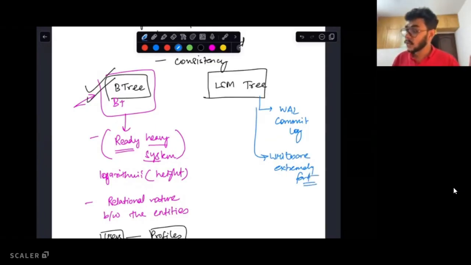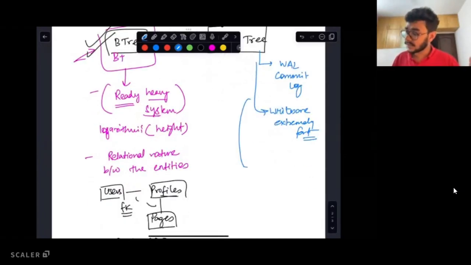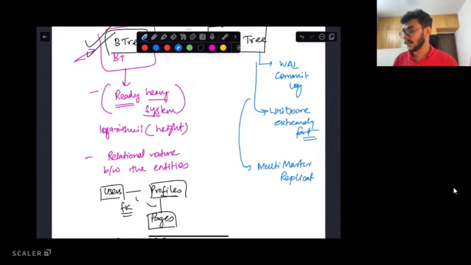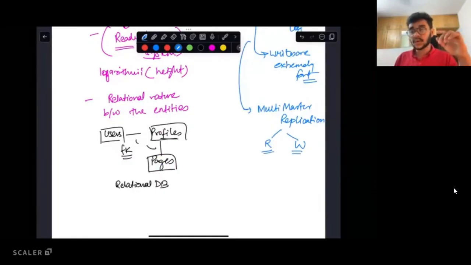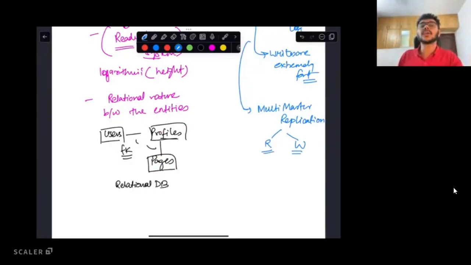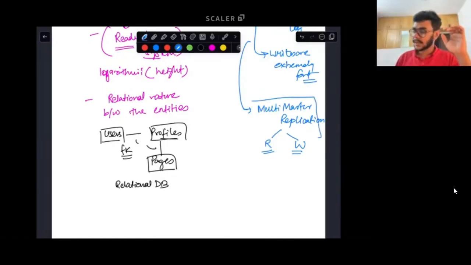And if you were to use this in a database which has some sort of a multi-master replication concept, wherein we ended up discussing the concept of R and W, where you can tune R and W to ensure that the data that you're writing to your cluster is highly consistent. I hope you guys recall the multi-master replication concept. Please give me a +1, guys, if you recall what it was.